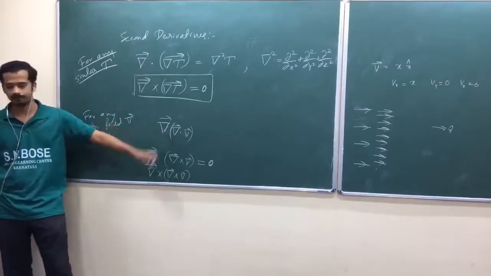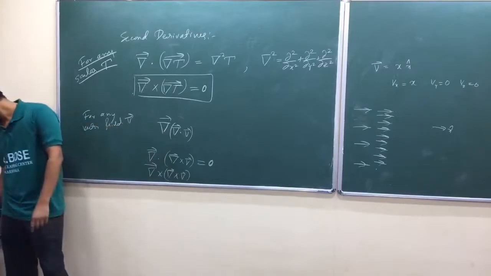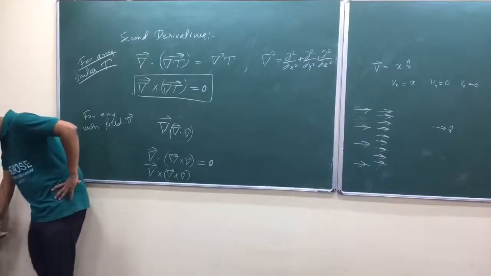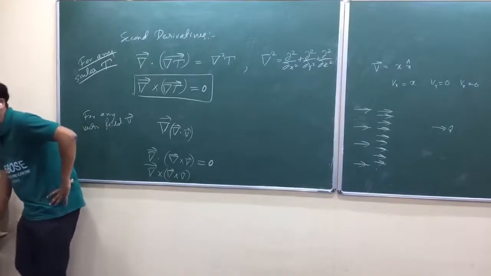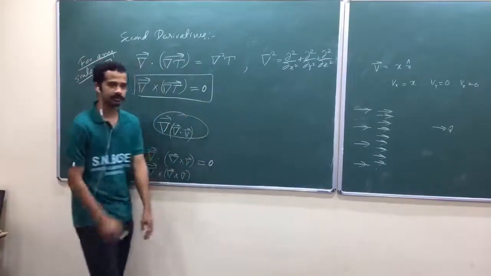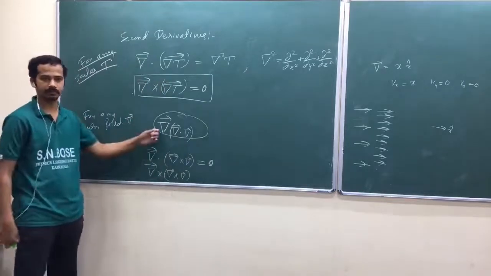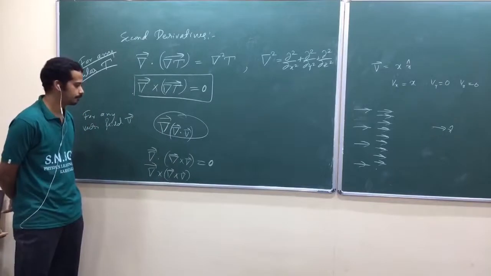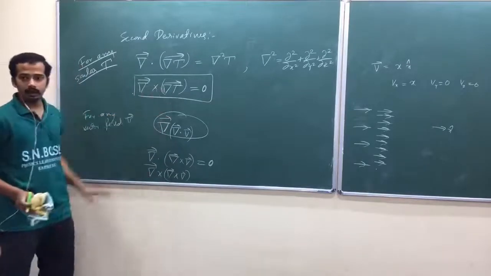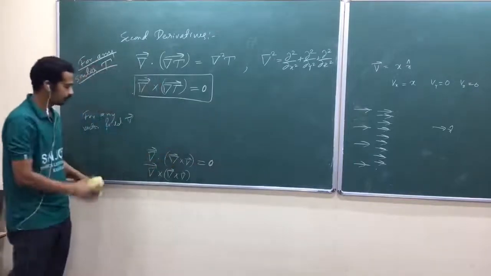What about this one? Del of del dot V. You haven't taken this one. Del of del dot V. It will not occur frequently. That's what he is saying. Okay. This will not occur very frequently. He mentioned. Okay. No need to worry about that. Let me just skip this one. This is secondary. I mean, I have taken all possibility. Let me just rub it out because it will not occur frequently.